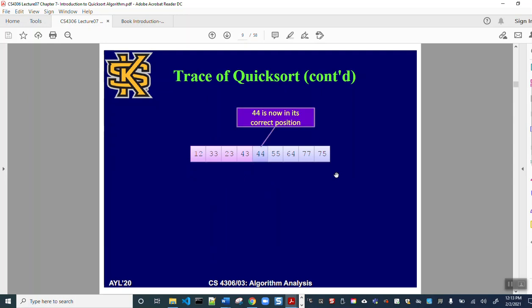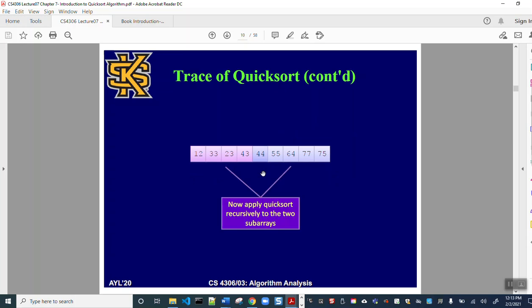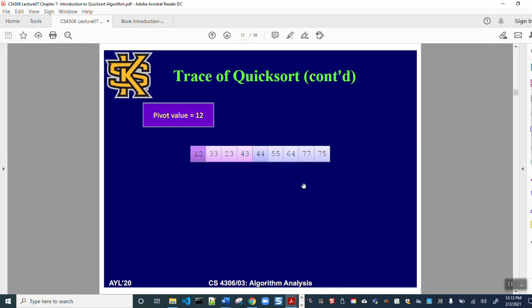In the first swapping, at least we will get one element, the pivot element, in position. Now there will be two subarrays, left side and right side, that need to be